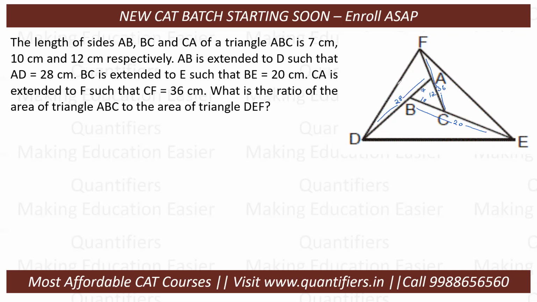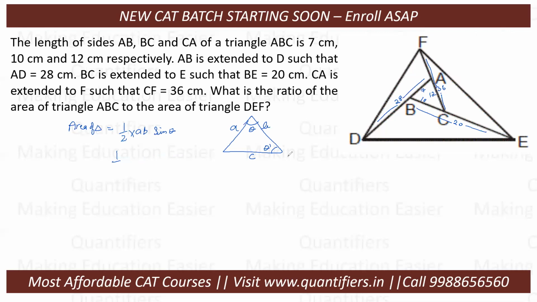For the formulas of area related to sides, one of the formulas is area of triangle is equal to half AB sin theta. If I have this triangle, where this side is A, this is B, and the angle between them is theta, then the area can be found by half AB sin theta. Similarly, if this side is C and this angle is theta dash, the formula can be modified to half BC sin theta dash.